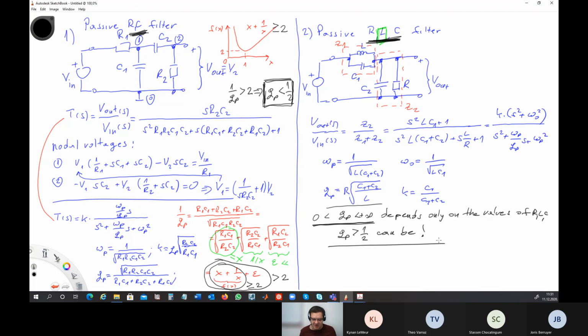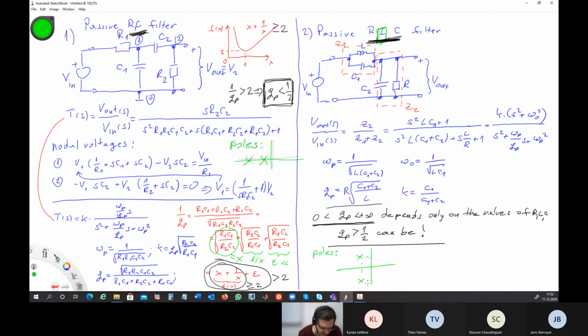Now we will see what will happen with the poles. If the poles have QP lower than 1/2, you can use some other pen. Poles, they look like this. So they are negative and real. Let's use more green. Where are the poles here? They can be complex conjugate. And that's important. How does this affect our